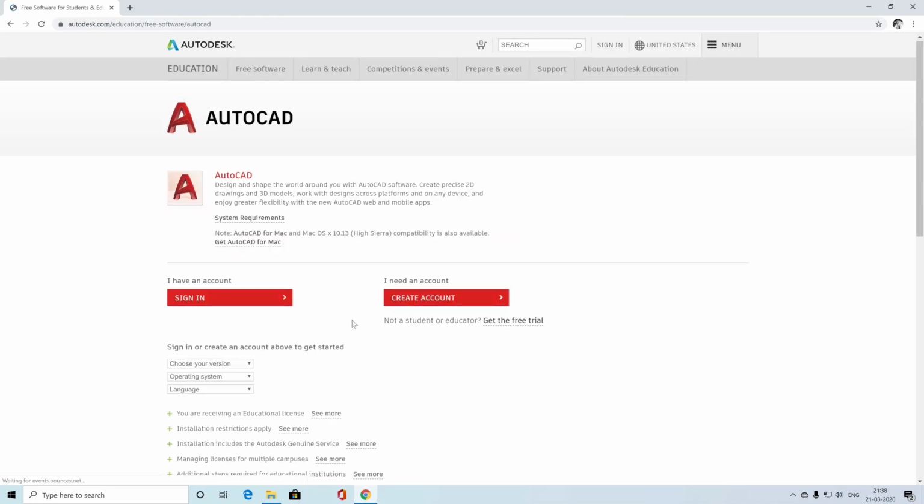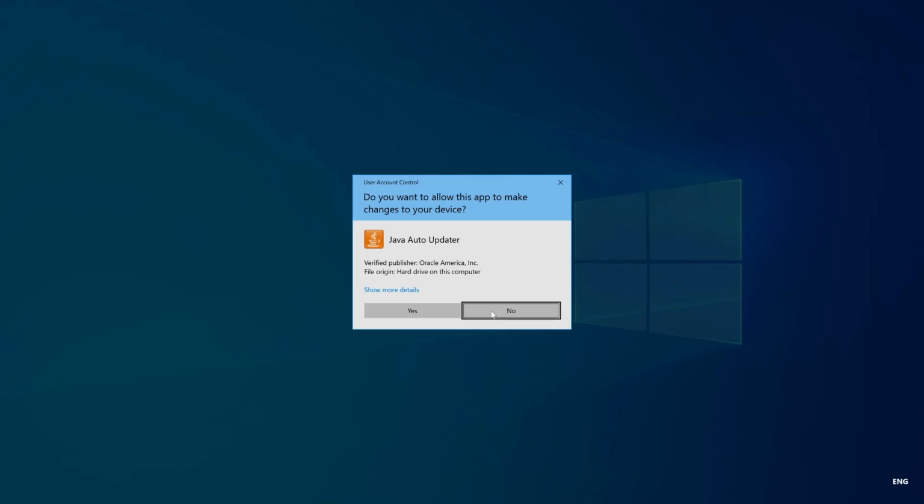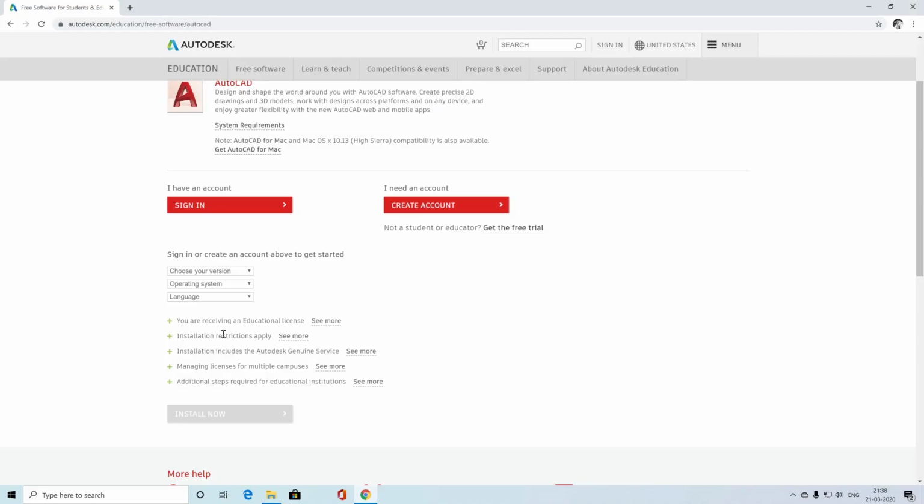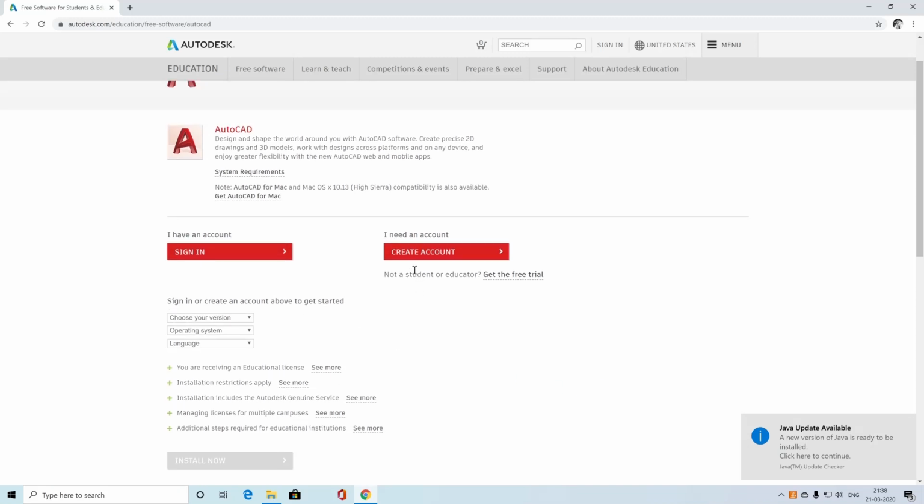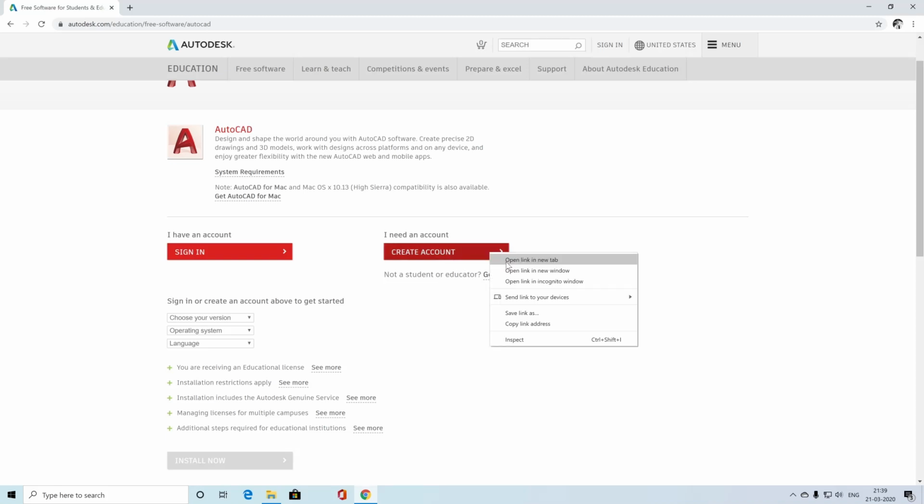Here you can see that, oh, this is another thing. Okay, here you can see that you have to create an account in Autodesk. So if you don't have any account, it's just like a Gmail account. The information you have to give is just your name, either in your college, educator or a student. Okay, I'm just showing, just create account, click here, and